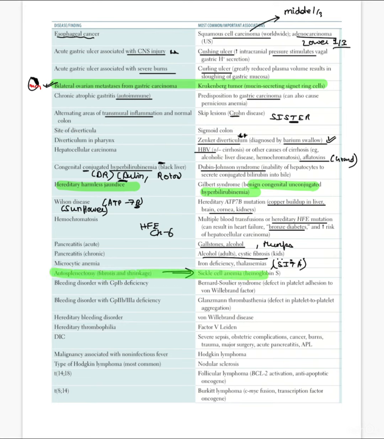Autosplenectomy is seen in sickle cell anemia. Then see, bleeding disorder due to GP1B deficiency, guys, that is your Bernard-Soulier defect. Okay, this Bernard-Soulier, guys, that is a platelet adhesion disorder. Very important thing that you need to know. If you have GP2B3A deficiency, guys,